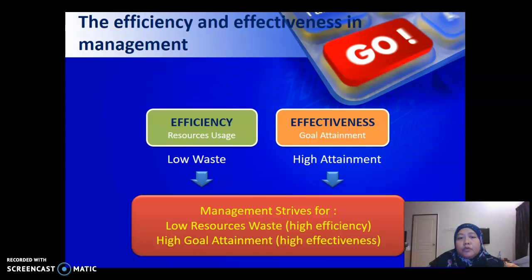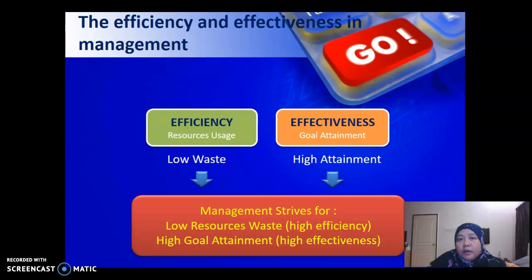Okay, so high efficiency means you have low resource waste. So for example, if you have 5 staff for the outpatient pharmacy, their roles must be efficiently used